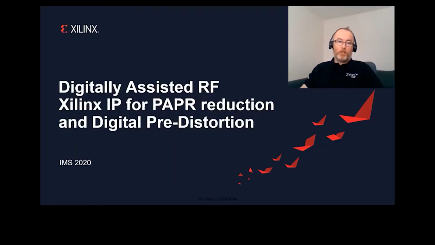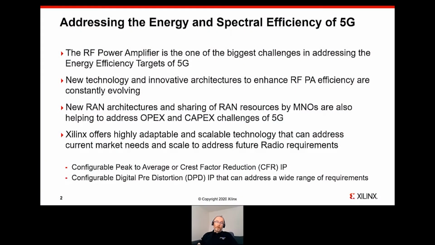Today's demonstration, we will look at the Xilinx IP for peak-to-average power reduction, or crest factor reduction, and digital pre-distortion. The RF power amplifier represents one of the biggest challenges in addressing the energy efficiency of the 5G RAN. The RF power amplifier can consume between 50 and 80% of the energy in the radio. So it's no surprise that it is a source of research and constant innovation to try and improve the efficiency